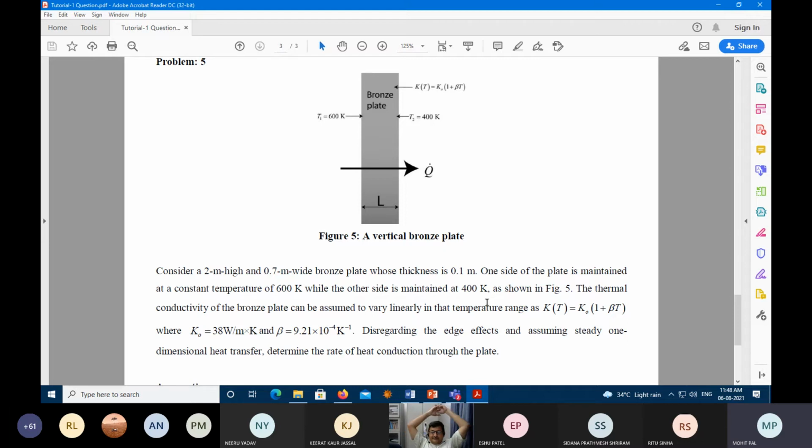Unit: Kelvin per meter. Sign. Sign is positive. I mean, sign, sir. See, in the direction of the heat flow. Yes, sir. In which direction is the heat flowing? From high temperature to low temperature, 600 to 400. Now, you know the heat transfer direction that is given at the center of the figure, the arrow Q dot. Now, you tell me the temperature gradient. What will be the sign of the temperature gradient?